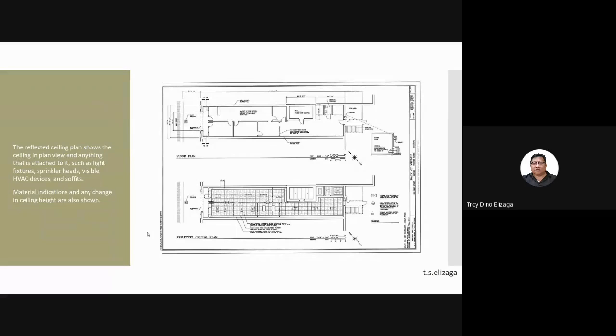Any low walls that do not reach the ceiling need not be shown in the reflected ceiling plan. Because, for example, even in the second year design, I see that in the kitchen, they still show the counters in the reflected ceiling plan, including the range and the sink, etc. Now this should not be shown anymore because they stay at the lower half of the space or the house when you cut them in two. No?